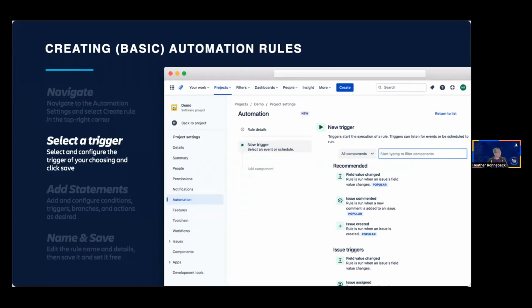Once they're in there, they can go ahead and select a trigger, one of the many triggers, I should say, that are available based off of the rule you're creating. Some of the triggers won't require any additional configuration, but some of them will. And you can select triggers based off of issue changes and values, repo branches, integrations, scheduled triggers. There are also some service management triggers, and these ones are great if you've got approval workflows. They're actually very helpful there. There's release management type triggers, and there's also manual triggers.